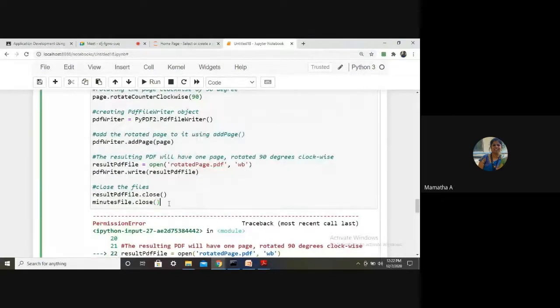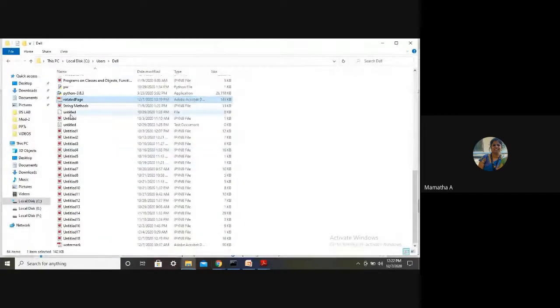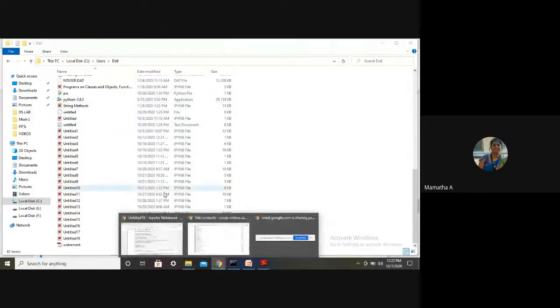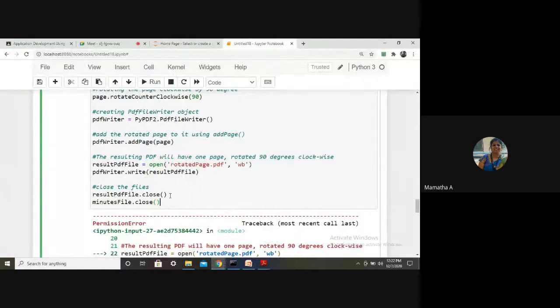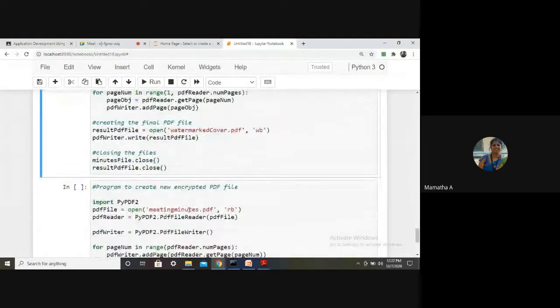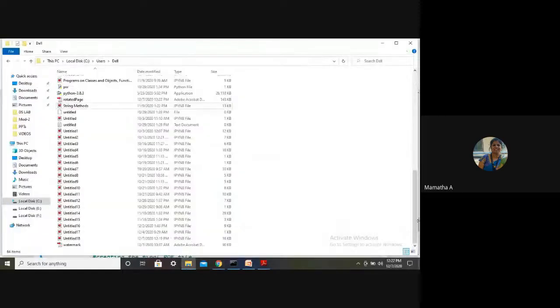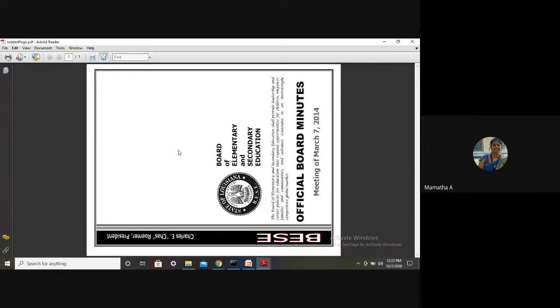One second. I should delete this and then work on it. Rotated page. Yes, it is counterclockwise. Anti-clockwise is rotated by 90 degrees.